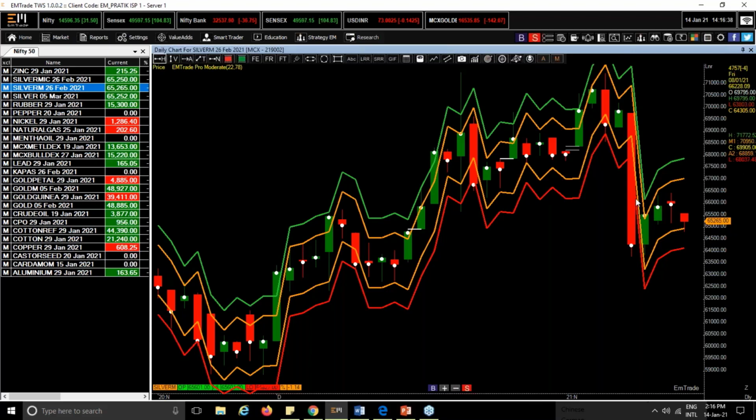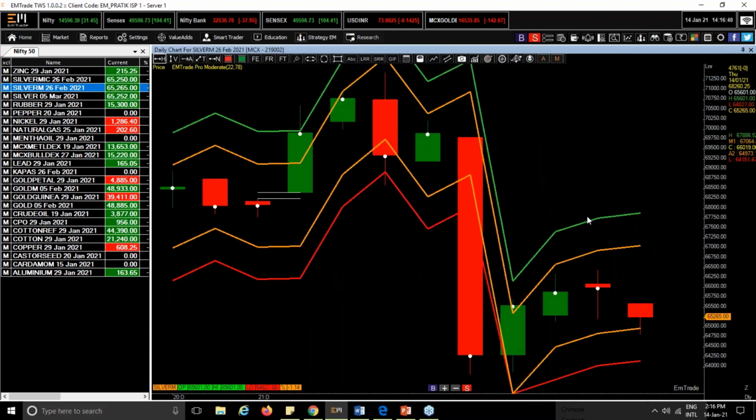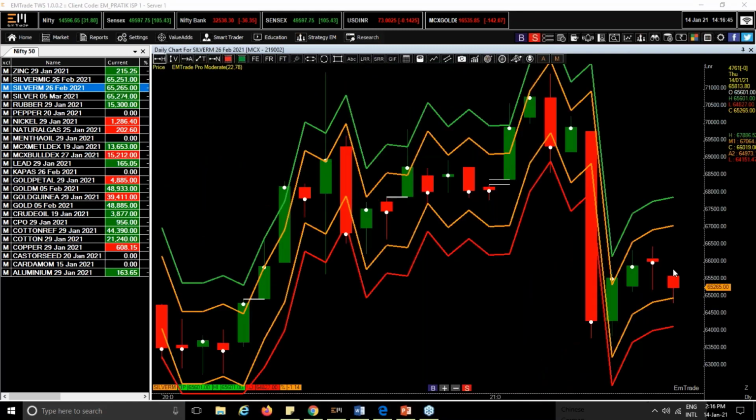So now if you're looking at the 4 bands, out of the 4 bands, how can you create the trades? Basically, it measures the volatility of your price, like silver M. Now, maximum it can go to the downside. The 4th band is on the lower side, 64,151. The 3rd band is your entry price and the 4th band is your stop loss.